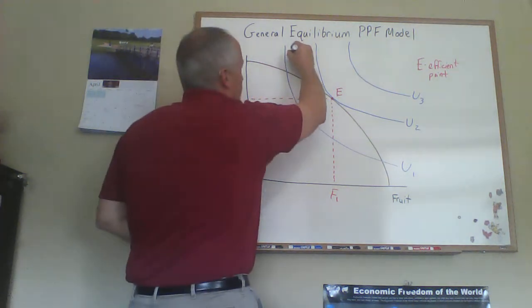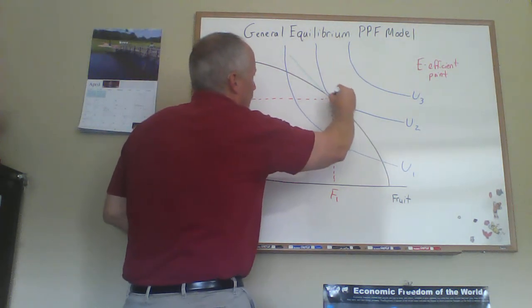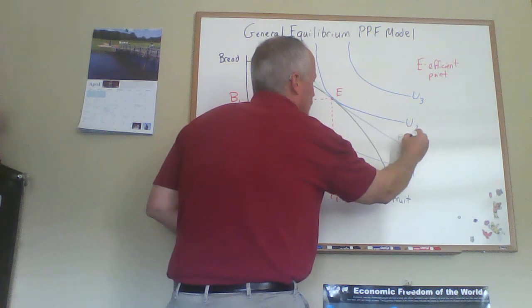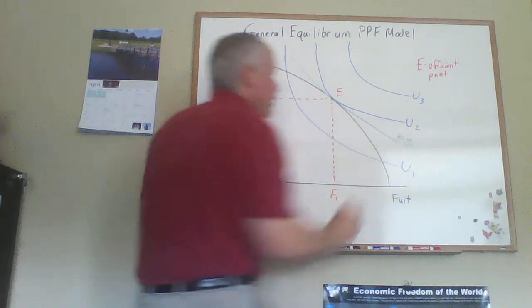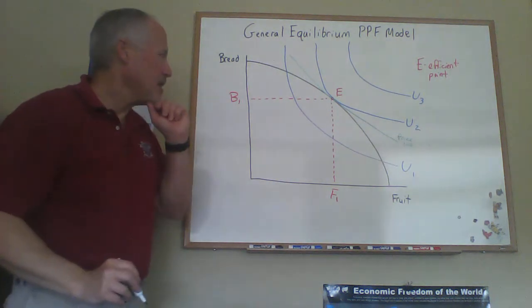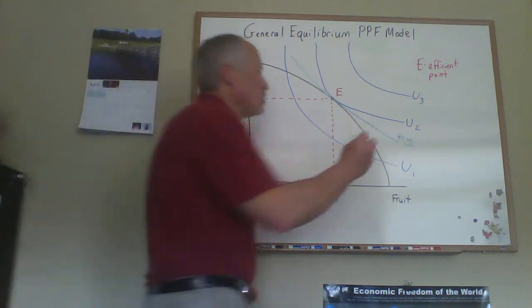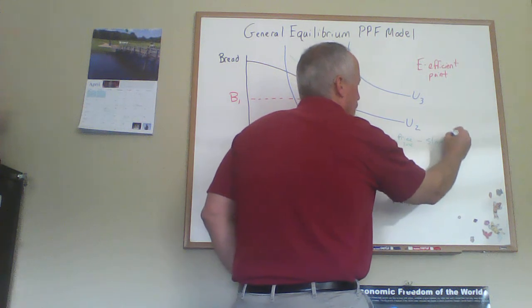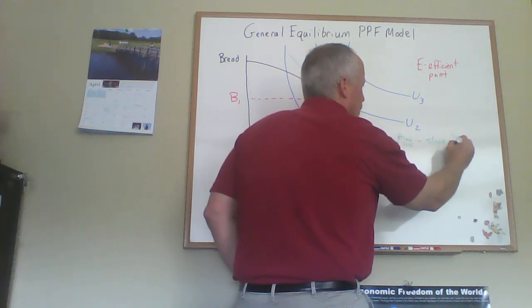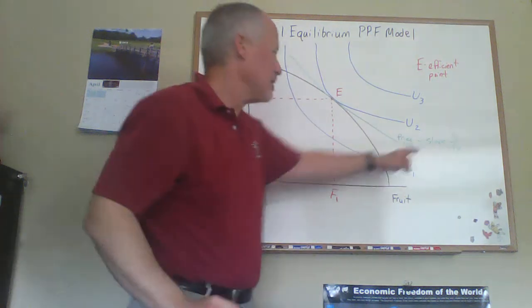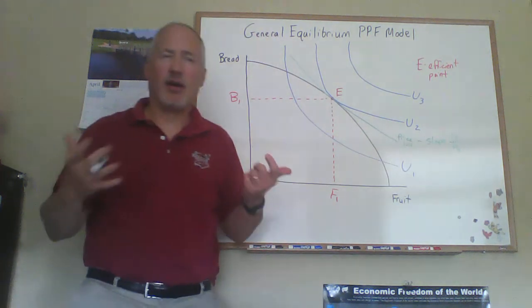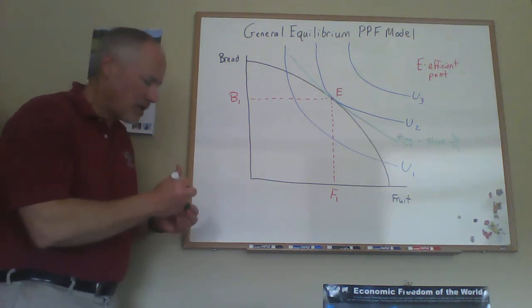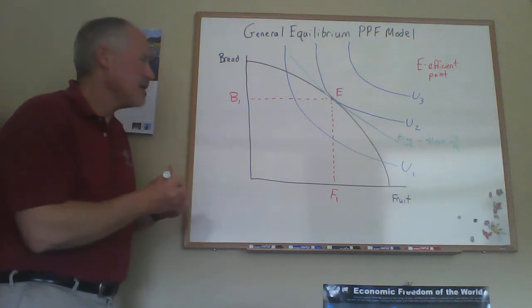So the price line that we fit in here ends up giving us an equilibrium, and the slope would give us the relative price, the ratio of the price of fruit to the price of bread in this economy. And how can we see that this is an equilibrium in this economy? Well,